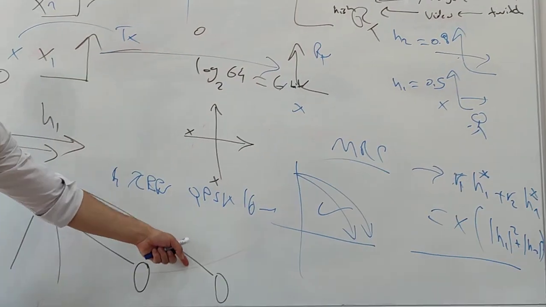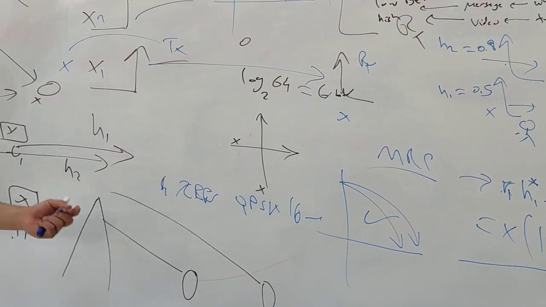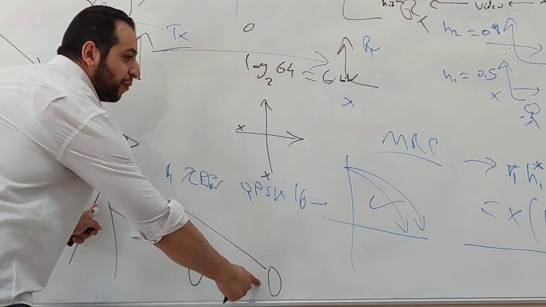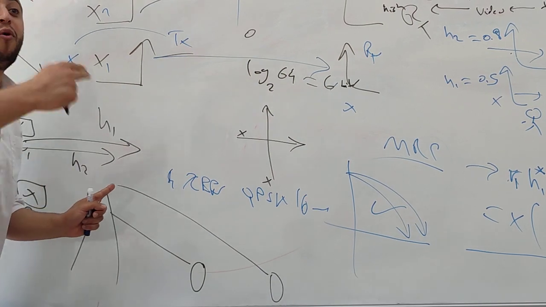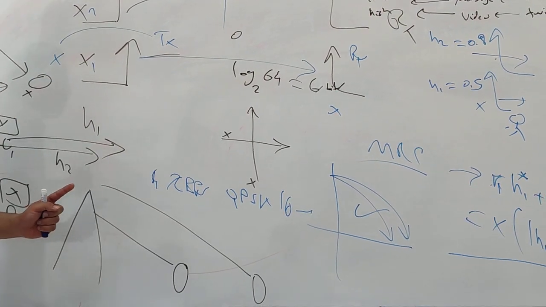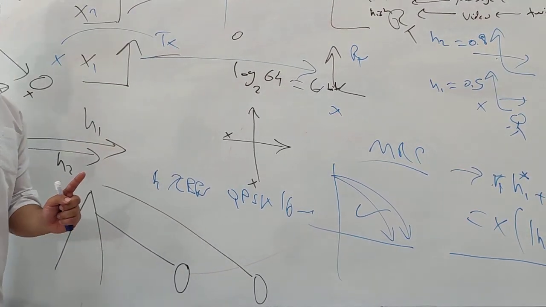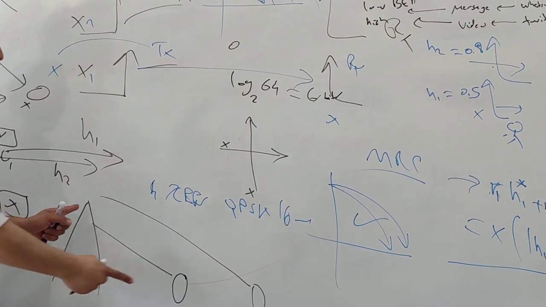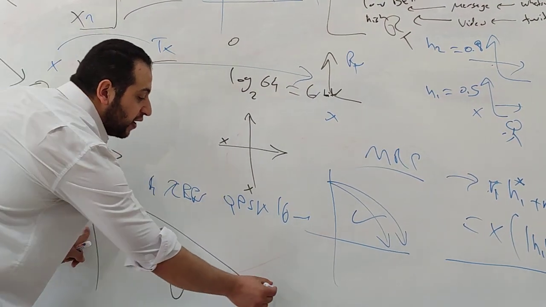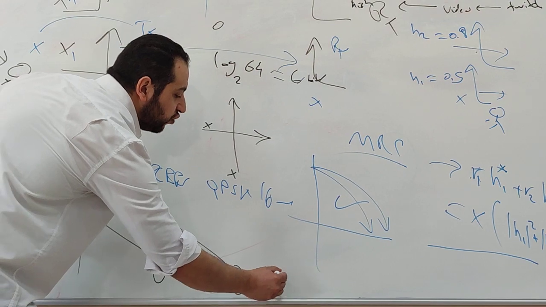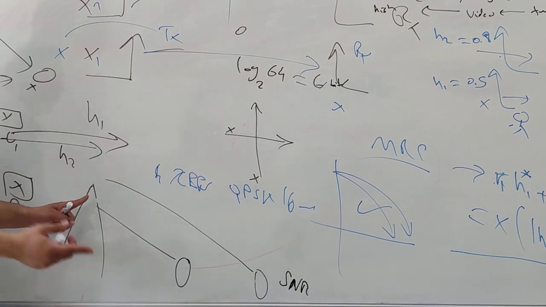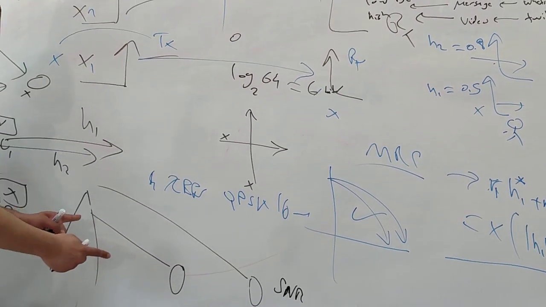This is near, this is far. What should you learn when someone is closer to the base station and the other is farther? The one that's farther from the base station experiences more path loss, more degradation in the signal. More degradation means he's in more need of reliable communication, a low bit error rate. So obviously I need to use lower order modulation here, because the signal to noise ratio is very low. And here I need to use maybe higher order modulation because the signal to noise ratio here is high.